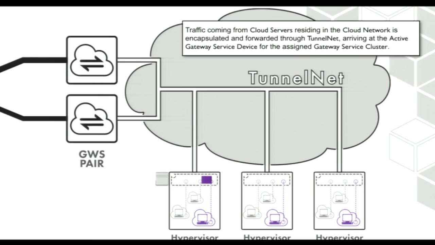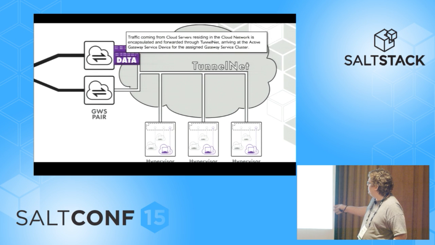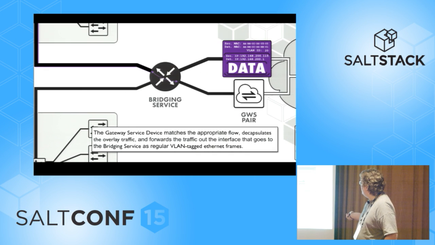When we do Rack Connect, we do basically the same thing, except we send it over to this gateway service pair. Instead of using an overlay, a virtual overlay network, like we have on the cloud, we're going to convert it to an Ethernet packet. And the difference between